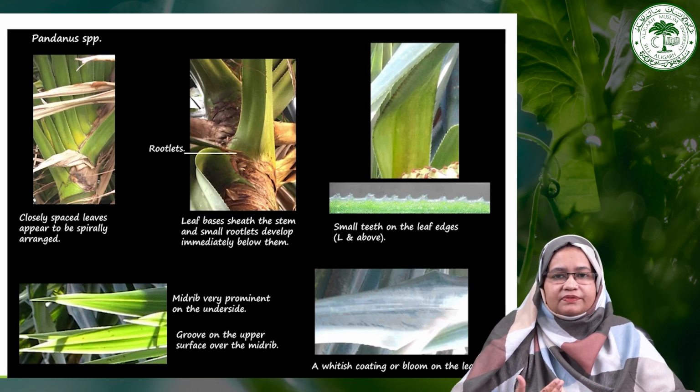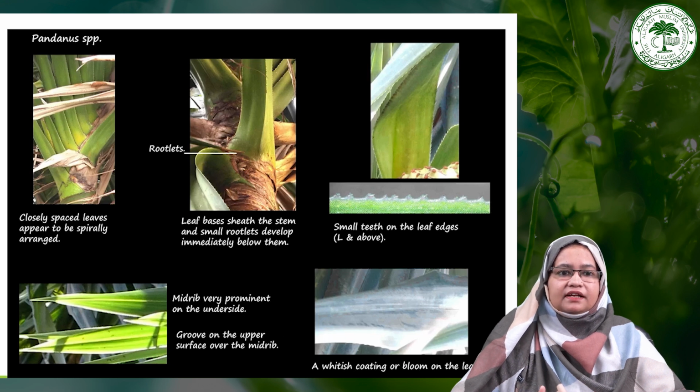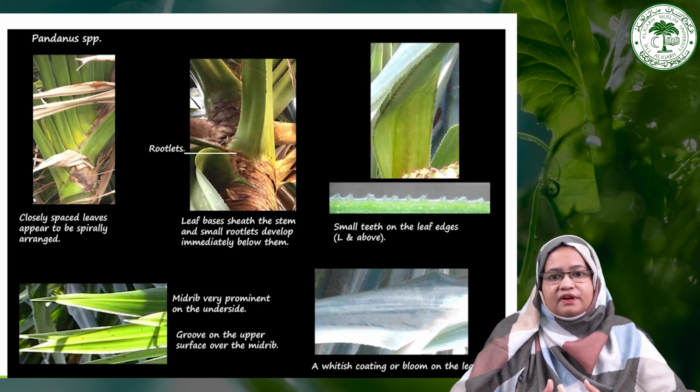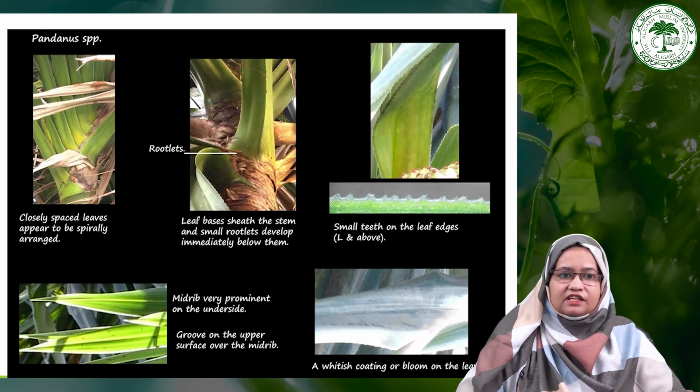Generally they have a spiral arrangement or maybe alternate. There are very closely spaced leaves. They have a toothed margin. They have a prominent midrib. So these are some characteristics of the leaves of the Pandanaceae family, and here are the figures of the